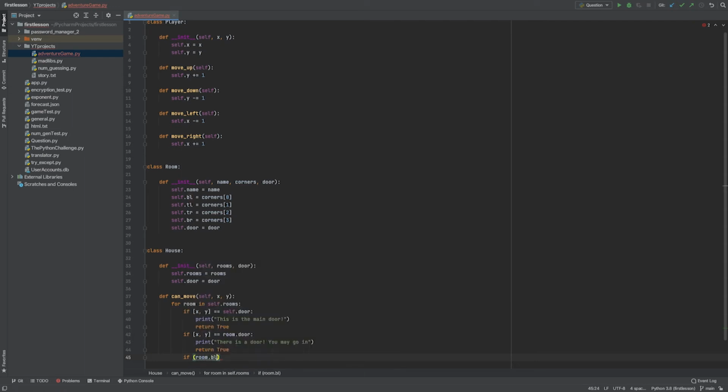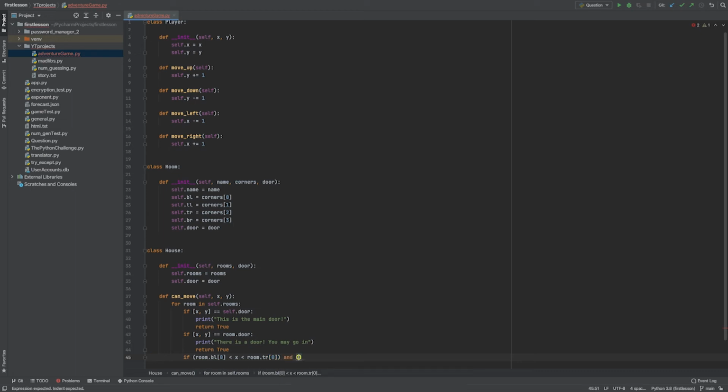So the bottom left corner, which is always going to be the smallest one, and I'm going to take the x coordinate here. If that is smaller than x, and x is smaller than the top right corner, which is always going to be the biggest of them all, and I always want to look at the x in this case,